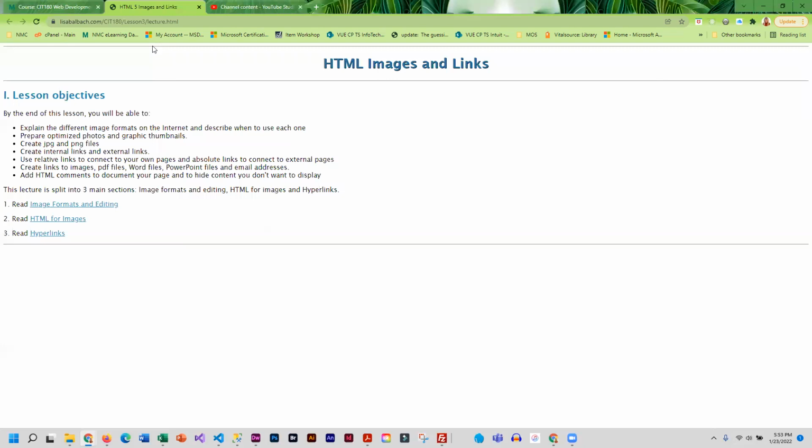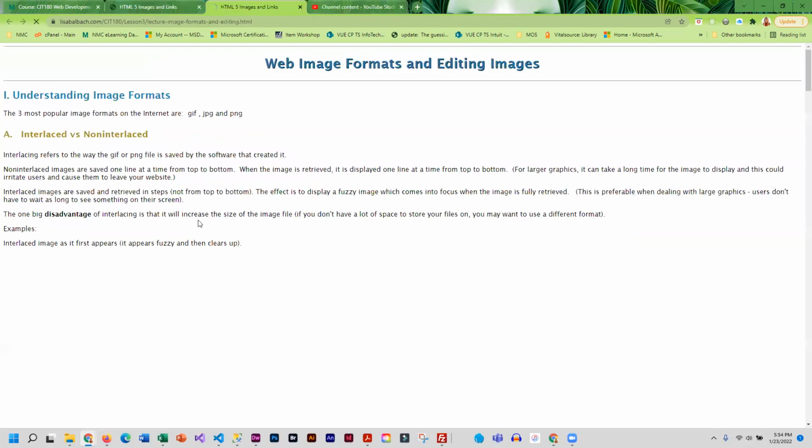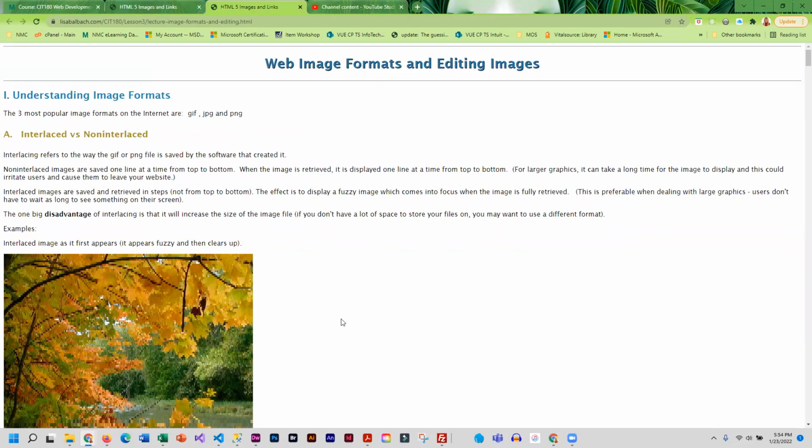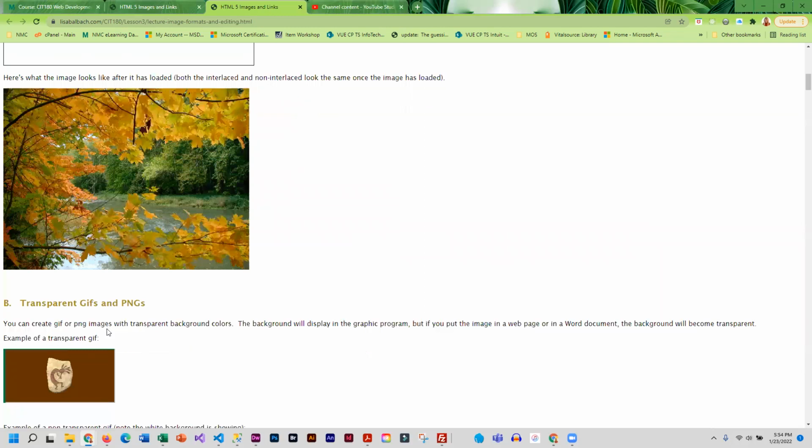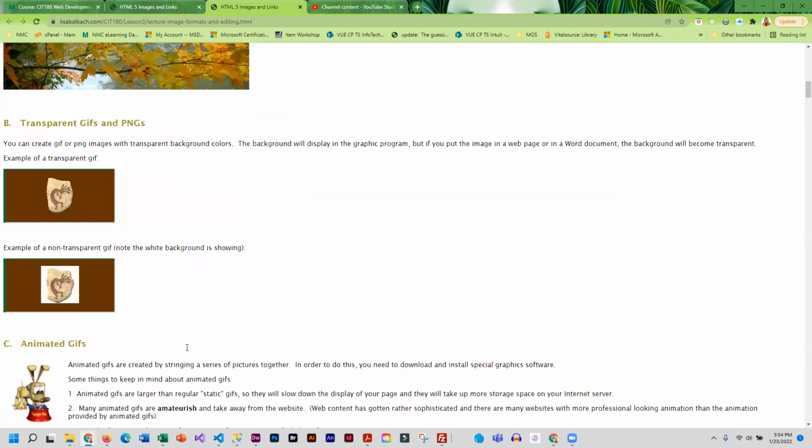And you'll notice that the lecture demo is split into 3 different readings. What I recommend is doing the image readings first and then the hyperlinks second. So this first image reading basically gives you background image information on the types of images that you find on the web, and what the differences are. And then some of the features that are in those images, like interlacing and transparency,